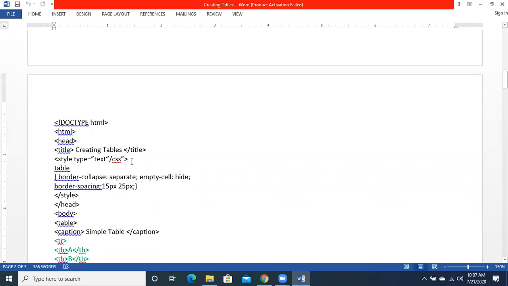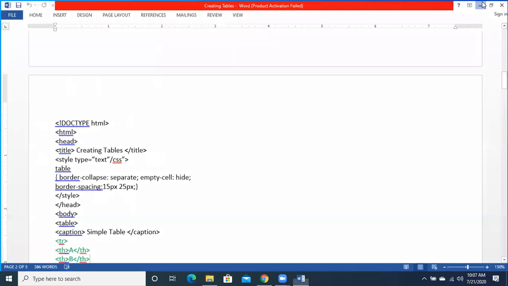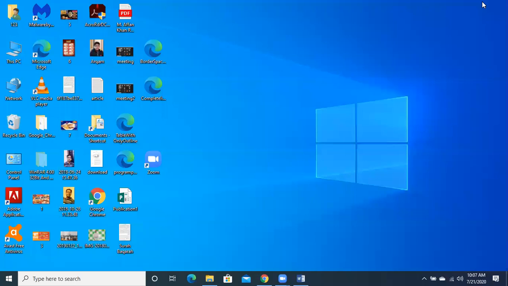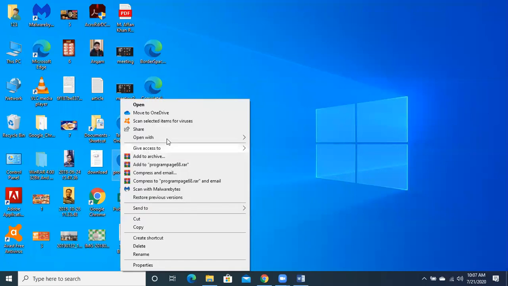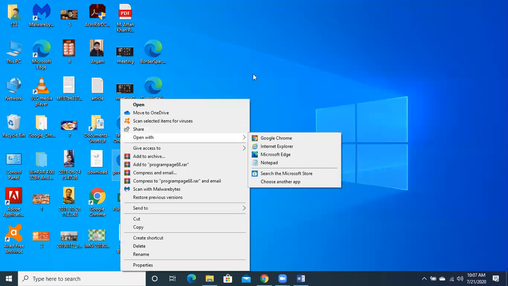Now we are going to implement how we can implement a table with an outline. If I want to apply some outline to my table: in the last work that we did, the table was there, but the lines were not there. You can see in this example.